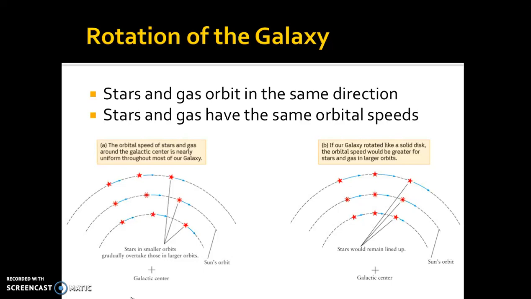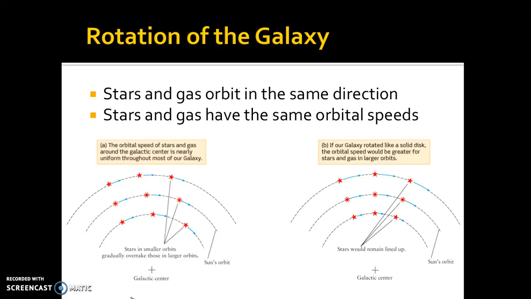The stars and the gas in our galaxy orbit in the same direction. They also have the same orbital speeds, which is pretty phenomenal. So this week we're going to do an activity looking at dark matter. When you start this activity, I want you to start thinking about the galaxy, and don't forget